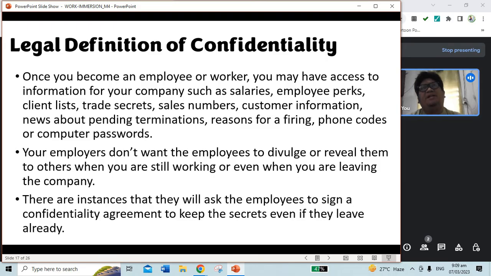So, may mga company na kahit nag-resign ka na sa office nila, pero bago ka mag-resign, magsisign ka muna ng kasunduan na dapat lahat ng mga nalalaman mo, natutunan mo sa kumpanyang iiwanan mo na ngayon or aalisan mo, ay dapat hindi mo ipagsasabi kahit kanino yung mga natutunan mo dyan sa company na yan. So, mayroong tinatawag na agreement yan. At kapag pumirma ka doon, you are liable already.